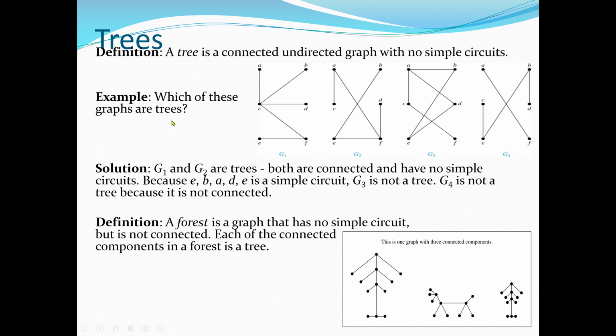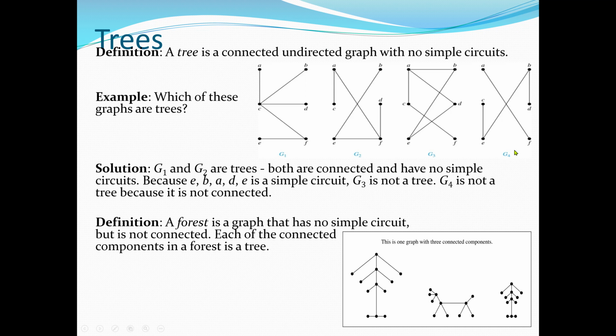An example is given here: which of these graphs are trees? We can see that G1 is a tree because we have no simple circuits and all the vertices are connected. Also G2 is a tree because all the vertices are connected and there are no simple circuits. But when we look at G3 and G4,